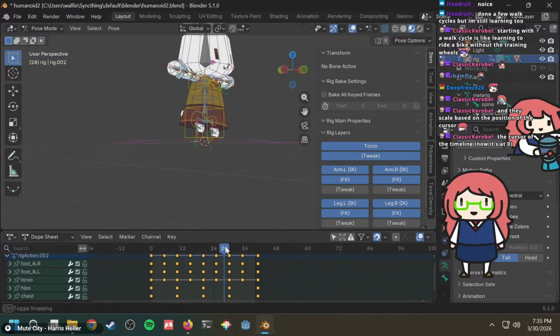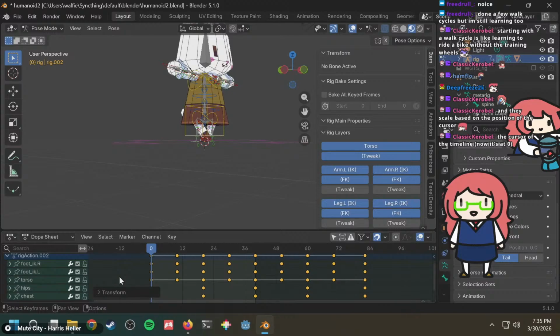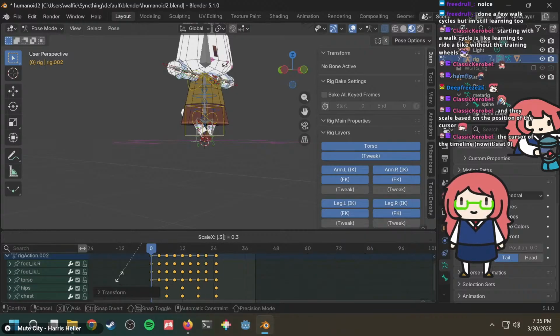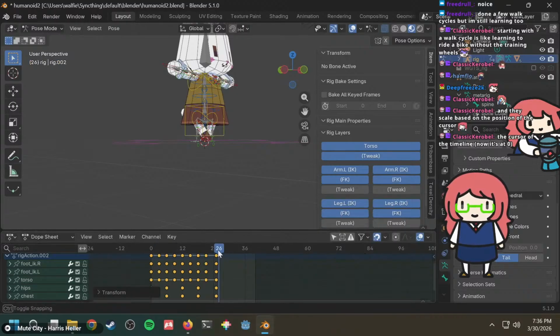Let's scale them. Okay, so right now we have them. Difference between each of these is 5. Let's scale by 2 first. And then scale back, so now everything is 10. You could now scale by 0.3, which is what I had originally. And if I make the animation length 24, how do I change the animation length?